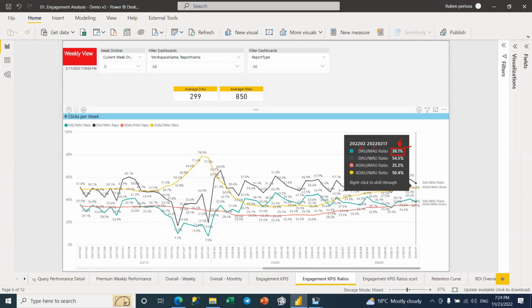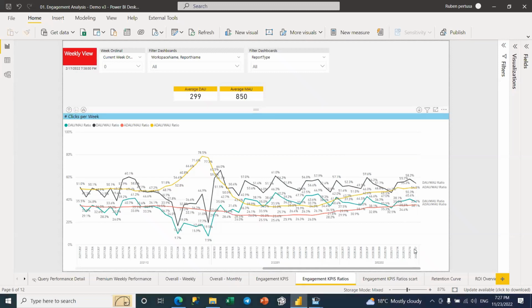We want them to come every single day. This will mean they really need the data and they're using the data to take decisions, right? That is the reason why we can use these KPIs to measure the user experience and the engagement, the connection of the need of those users to our platform.